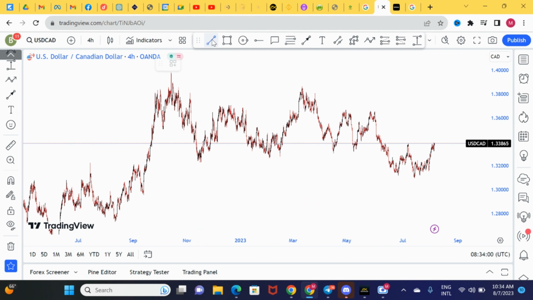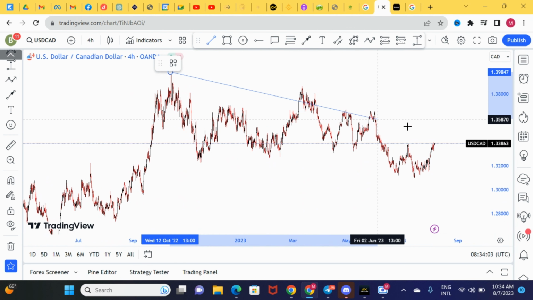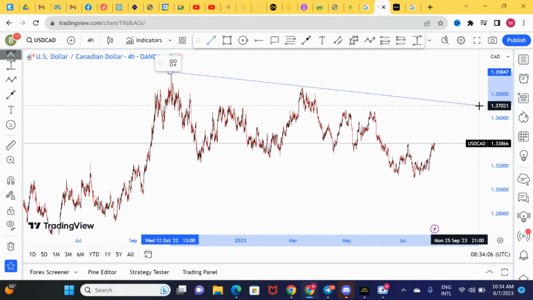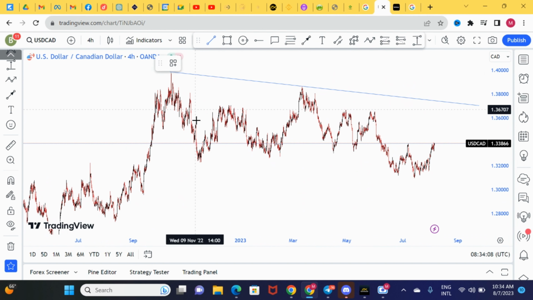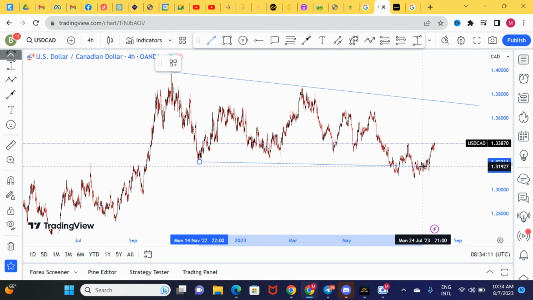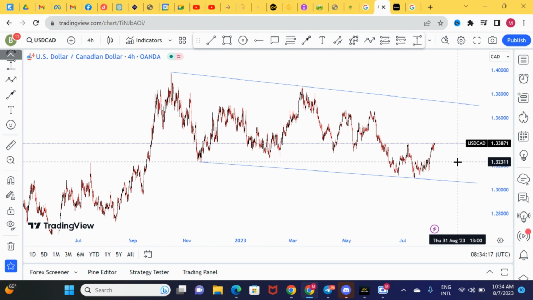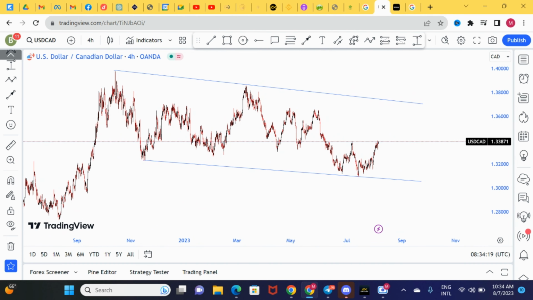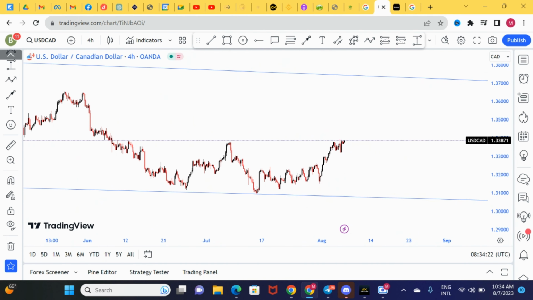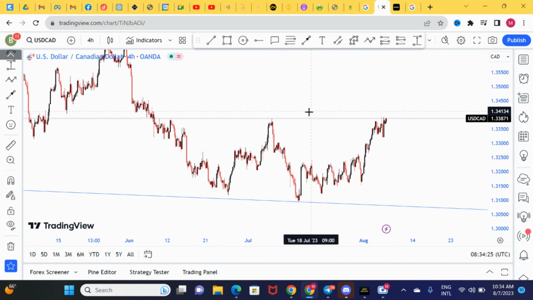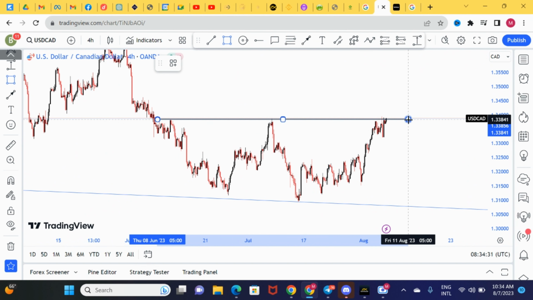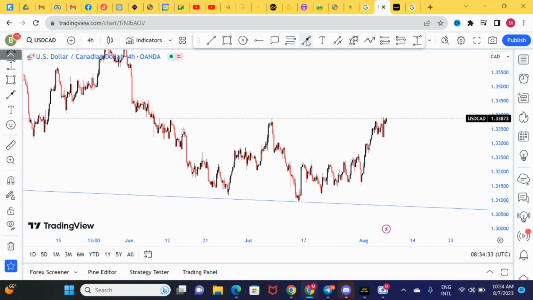We have this trend line, and then we also have another trend line. As you may know, I analyze the market using two perspectives: institutional trading as well as price action. What we can see from here is a level of resistance, and I would look at it as a level of liquidity. So I believe this area will be broken, and then the market would go up.